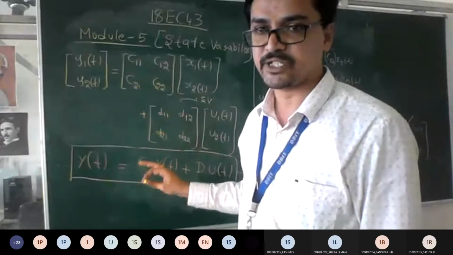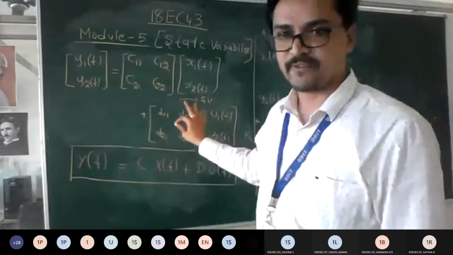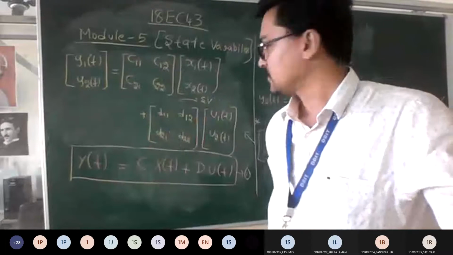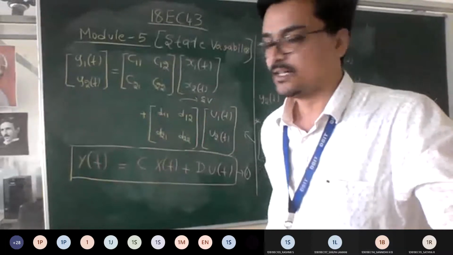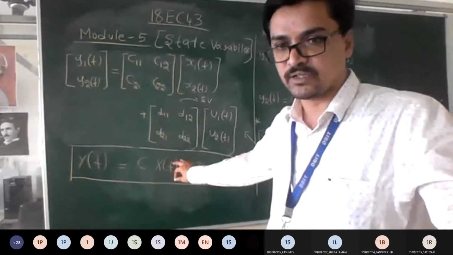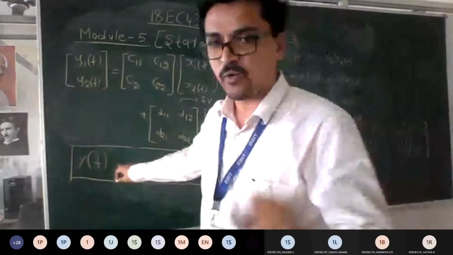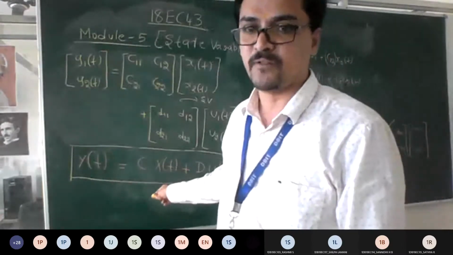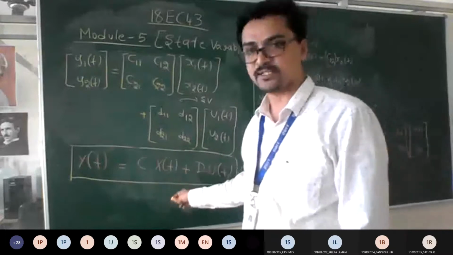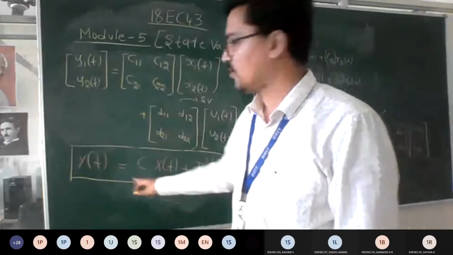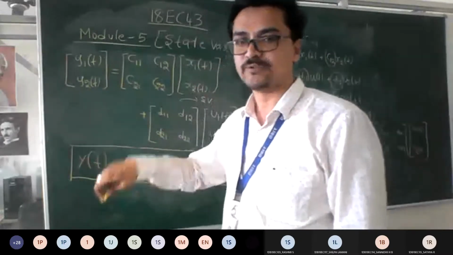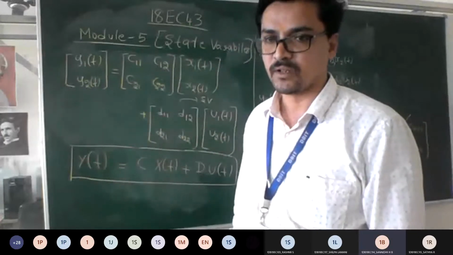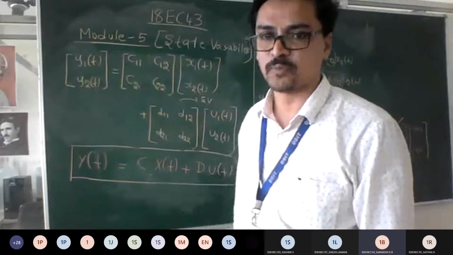How to solve that I will teach you once we have done this. Is it fine till here? Any doubts? Once you finish this, don't go to the next part. Try to write what is y of t, what is C, what is x of t, so that it will be helpful for you. Write below this, where y of t represents what? What does y of t indicate, guys? y1 of t and y2 of t. That is nothing but output, right?